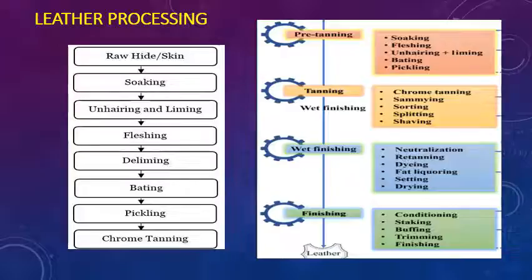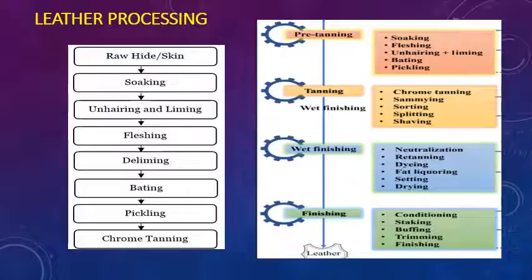Then pickling, that is to reduce the pH, which is important for chrome tanning or chemical tanning or synthetic tanning, whereas that is not much important for vegetable tanning. In the right side we can see there is pre-tanning operation, that is soaking, fleshing, unhairing, baiting and pickling. Then there is the actual tanning, where we have the real tanning operation, that is, some chemicals are used or